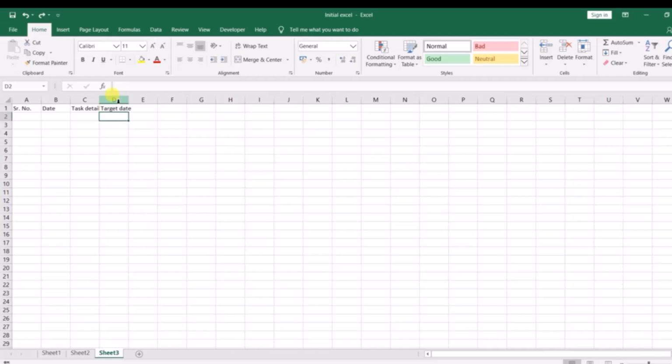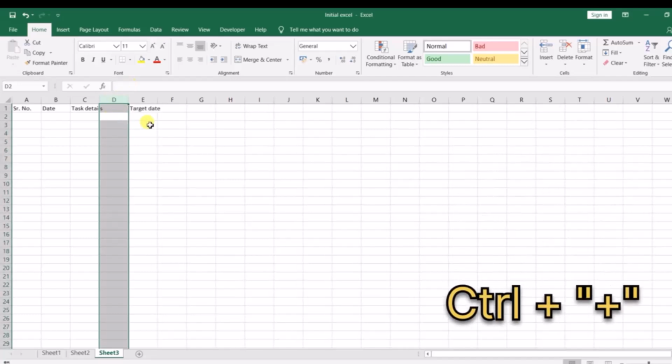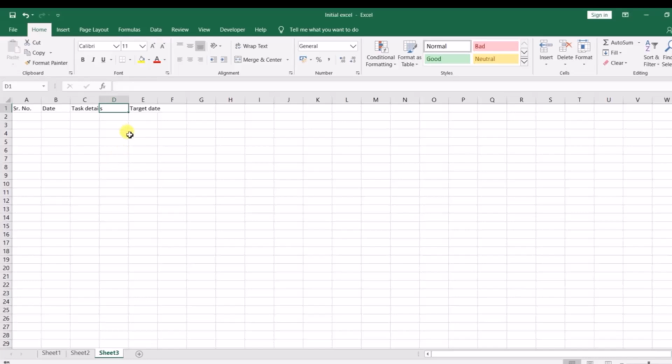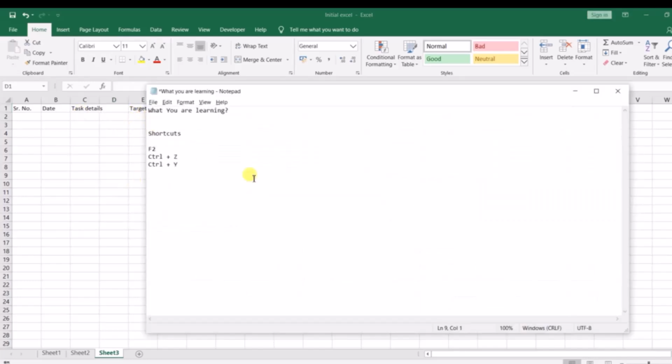Now I want to add before the D column, so I will press Shift space bar, Control space bar, and then press Control plus. Control plus will automatically add before the selected column. So here we learn two things: Shift space bar,